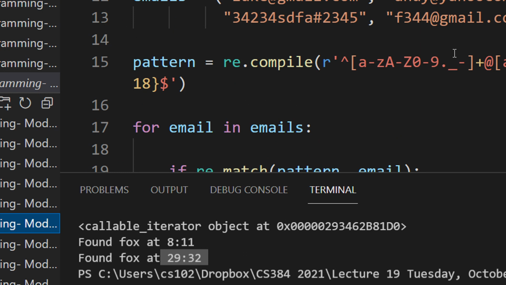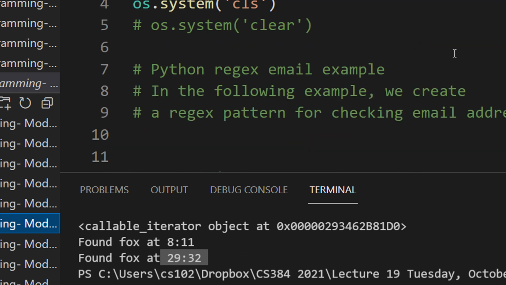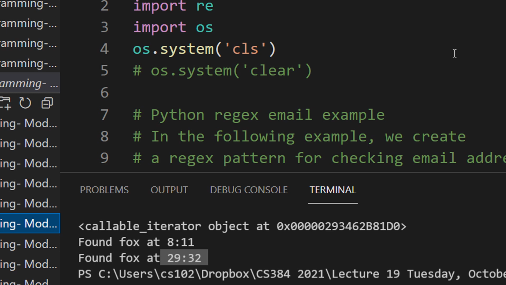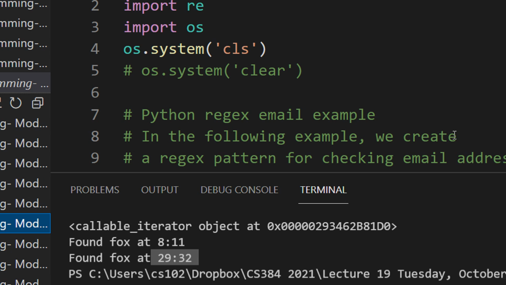Yeah, so now this becomes an interesting thing. How to match an email using regular expression, right? You must have signed up on various websites, and you may have seen that when you type the email, it immediately tells you whether the email is valid or not valid. I'm not saying whether the email exists or not. We just check for the validity, whether it's a valid email string or not.